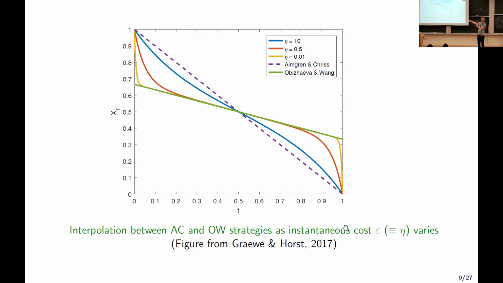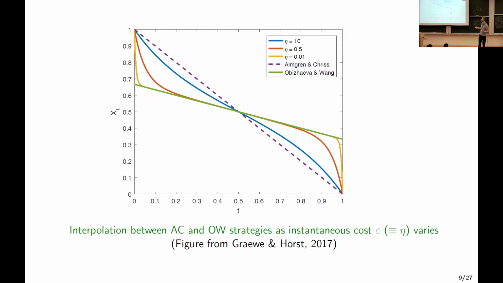The parameters are a bit extreme. The block trade with reasonable parameters is not as big. This is just so you can see what's going on. And then what is called eta is what I called epsilon, which is the coefficient in front of the instantaneous cost. And the point that the picture is trying to make is that for small parameter values, you're essentially just smoothing the OBJ/Wang solution. Okay, so when you combine the two costs, because you're penalizing the trading speed, you obtain